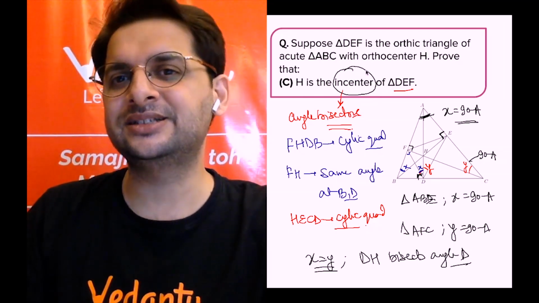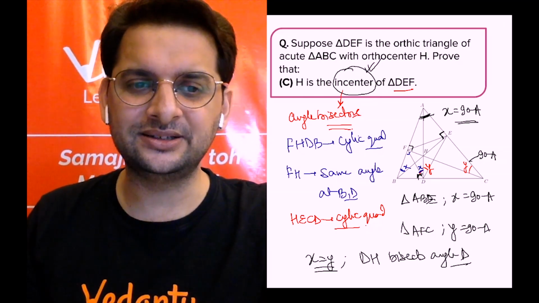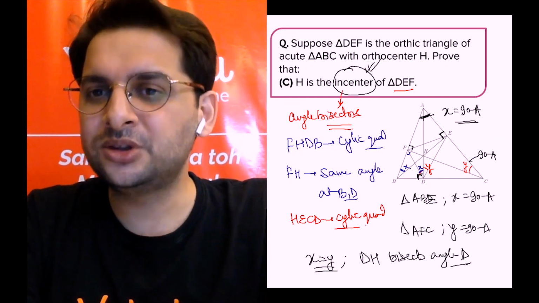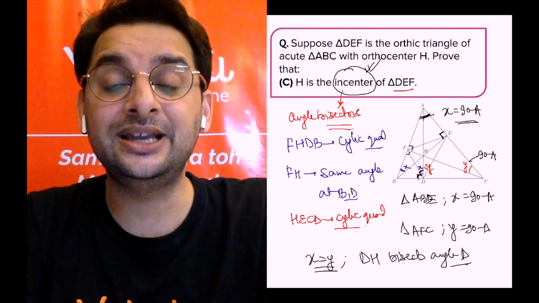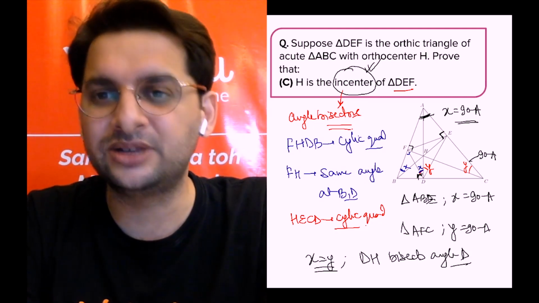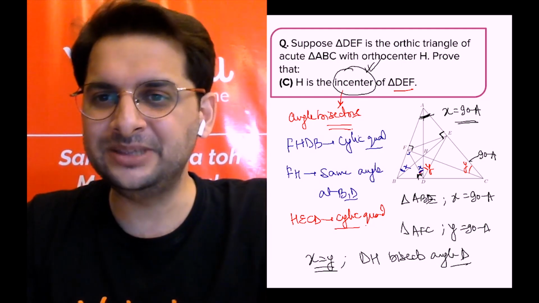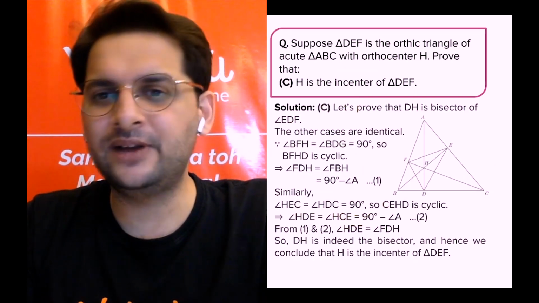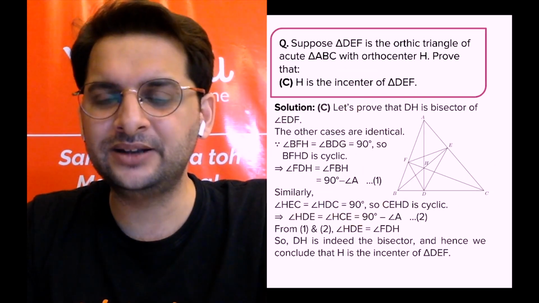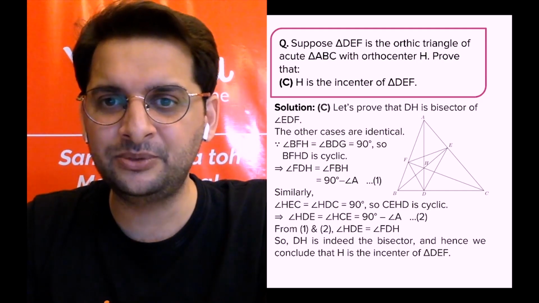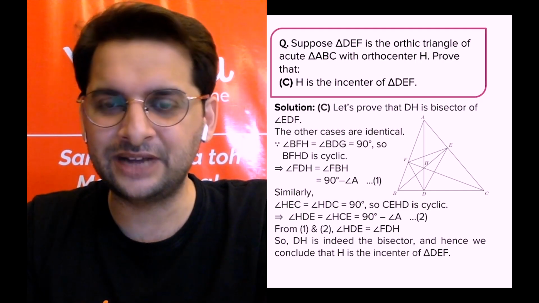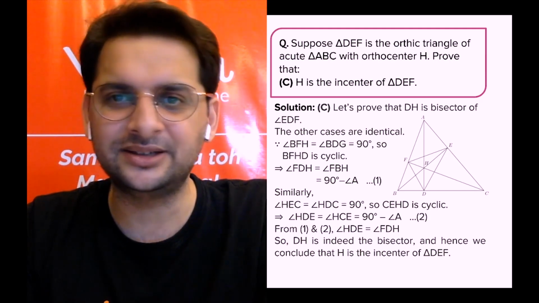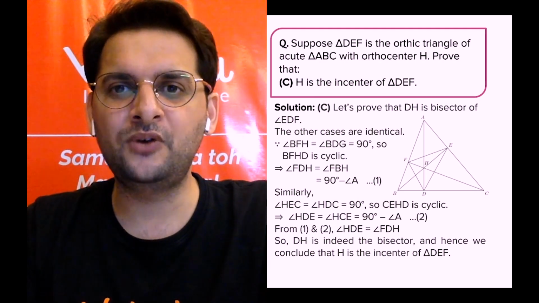Very interesting thing this. Right. So remember this: the orthocenter of triangle ABC is the same as the incenter of triangle DEF, which is the orthic triangle of ABC. I hope this is clear to each and everyone. Yes? All right. So this is the proof, right? If you did not understand my proof, this is the one written in typed form, and you can spend some time after pausing the video, and then you'll be able to understand this. All right. So let us move forward.